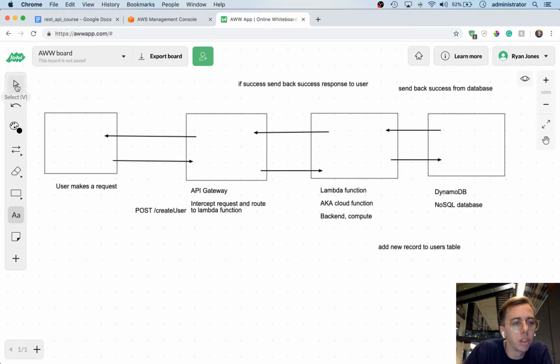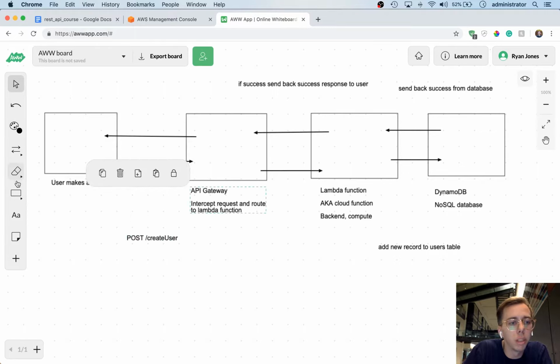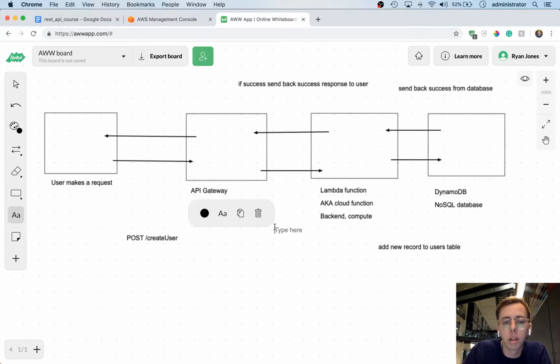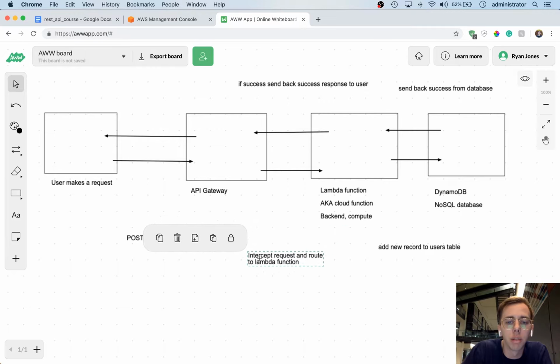So the user makes a request. And we have this here. And then let's copy some text from here. Create another text box. I like using this app because it allows me to do my thoughts like we're doing right now. We're going through all this stuff on the fly, right? And then let's do